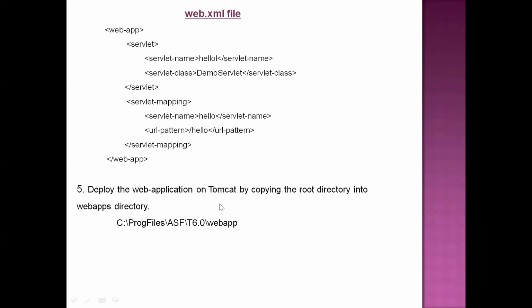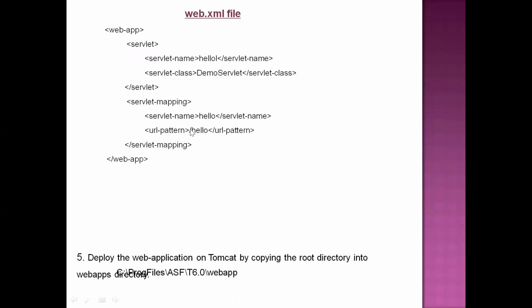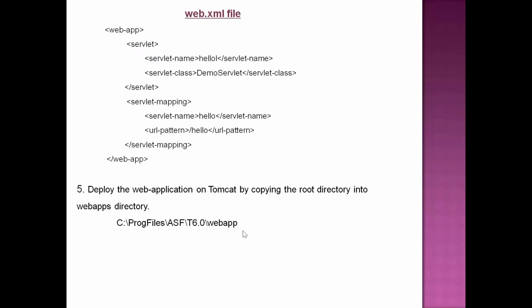So how to deploy? You simply copy whatever directory structure we have created in the previous step, and paste it under this folder. Whenever you install Tomcat server, automatically that will be installed under C drive program files. In that, it will create one folder with the name Apache Software Foundation. In that, it will create one more folder with the name Tomcat 6.0. Under this folder, it will place all of its tools, right?